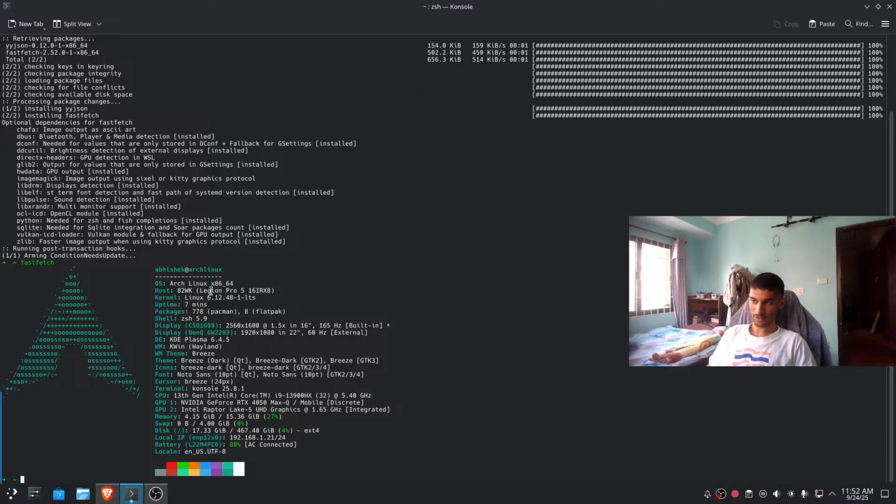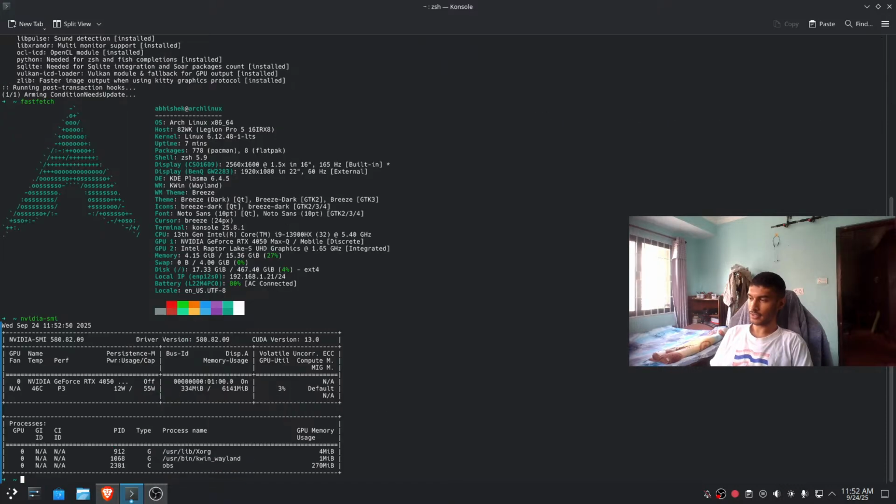Arch Linux on this Legion laptop. 6.12.48-1 LTS kernel. I don't like to use the latest and greatest because frankly I don't need it. But what I do need is the 4050 and its drivers, the NVIDIA 580 drivers. What I found is the NVIDIA 580 drivers are really compatible with